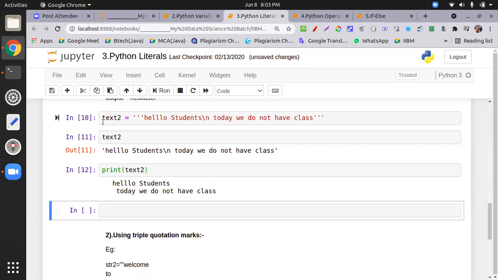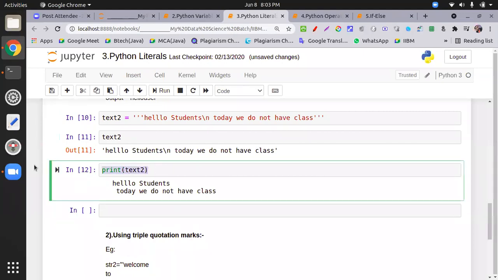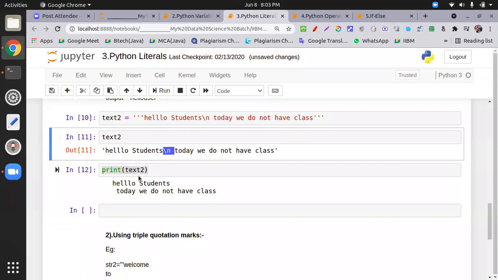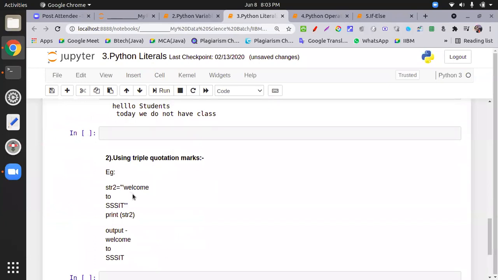If you want to put multiple-line data, you can use triple quotes as well as slash n. The print function identifies slash n and changes the line, but without the print function you just see the slash n value. So triple quotes are basically used for multiple-line strings. In Python, honestly, you rarely use multiple-line strings because you don't have that kind of data. But in file handling, we have multi-line data. File handling is nothing but storing data in a particular text file, so that we can perform read and write operations, nothing else.